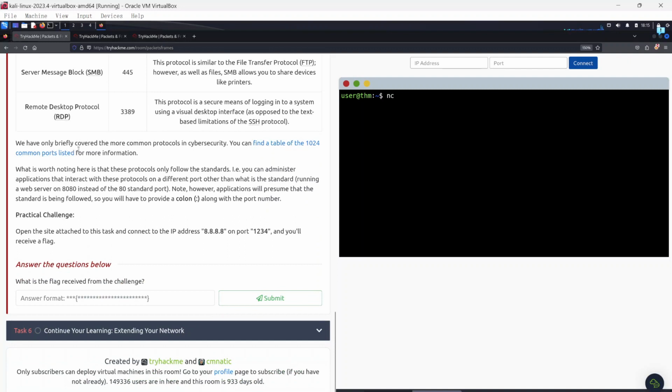Now, we have only briefly covered the more common protocols in cybersecurity, so you can find a table of the 1024 common protocol list for more information. I'll open that later. What is worth noting here is that these protocols only follow the standards. That is, you can run applications that interact with these protocols on a different port other than the standard, such as running a web server on 8080 instead of the standard port 80. Note, however, that applications will presume that the standard is being followed,